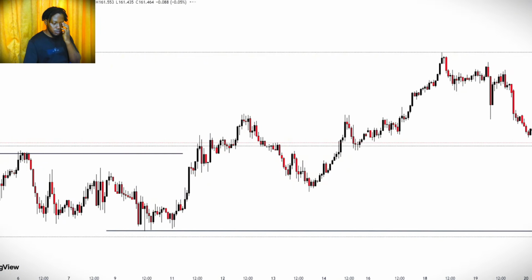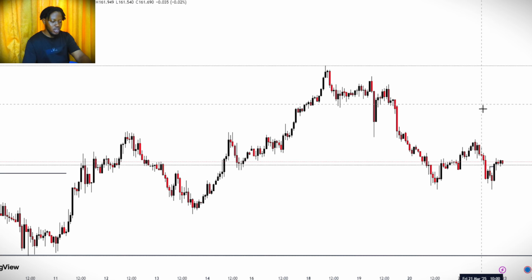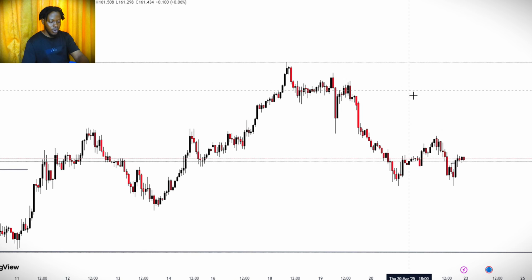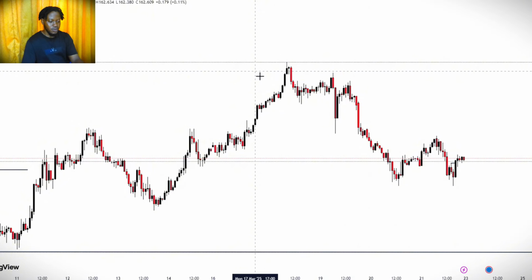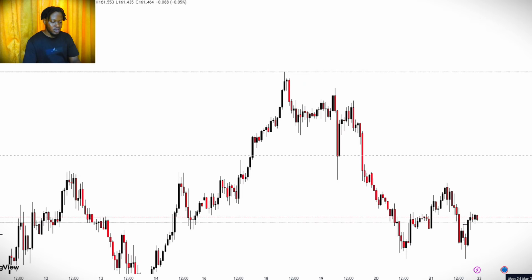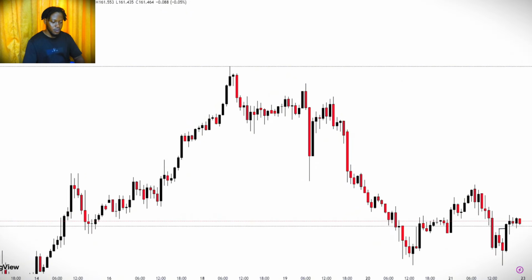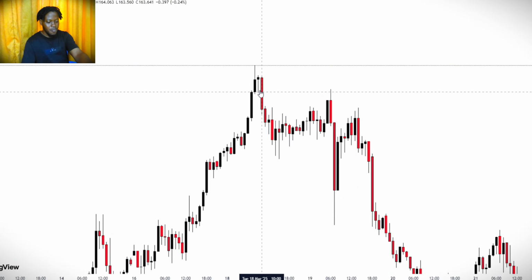So as you can see, price was right at this point, and then I waited for a good confirmation. It's either I'm having a shift of structure or a good candlestick confirmation to tell me that the sellers are in the market already, because price was trading upward right here. And then look at this clearly. If you know much about candlesticks, you can see that this is an upper wick candlestick, a rejection candlestick, and then there is another candlestick giving us indecision in the market, meaning that the buyers